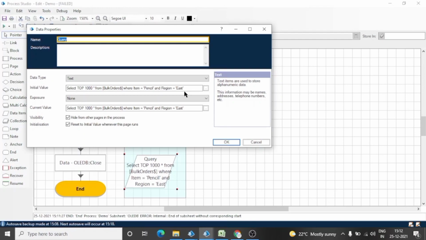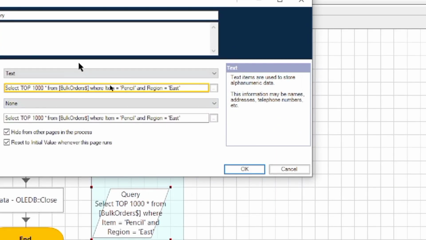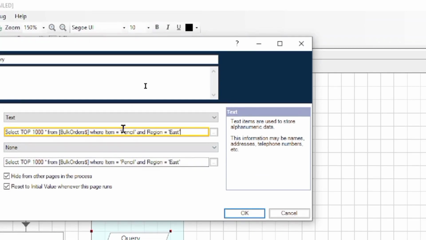Otherwise you just need to type the column name, where item and whatever your condition is. You can also apply conditions like item is less than 100 or greater than 100 if it is a number data type, and we can apply all the relational operators: greater than, less than, greater than or equal to, less than or equal to, not equal to, etc.